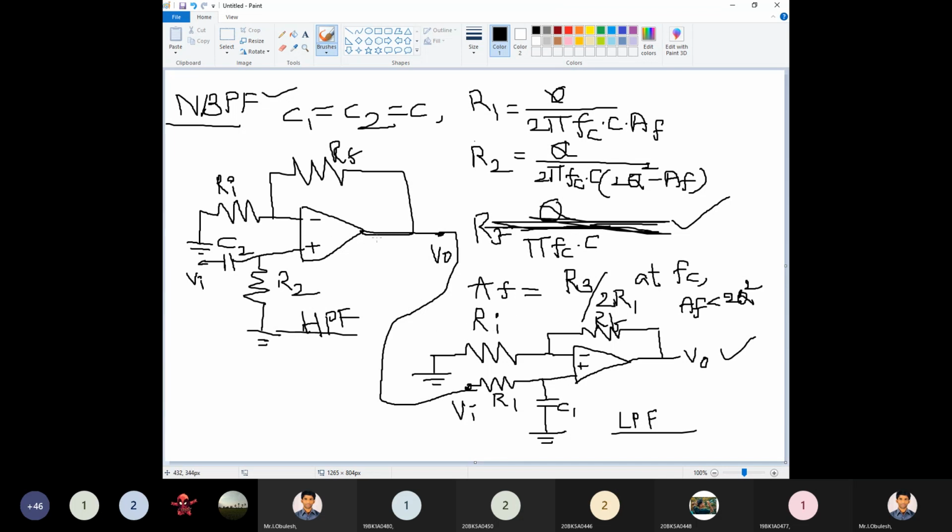You need to connect this high pass filter output to the input of the low pass filter, which means these two circuits are connected to each other, not like this. For the sake of your understanding only, I'm drawing the high pass filter first. After that, the low pass filter I drew here. Okay.